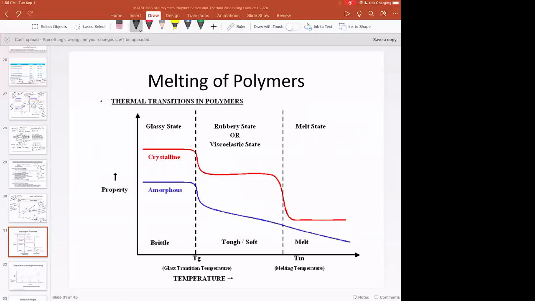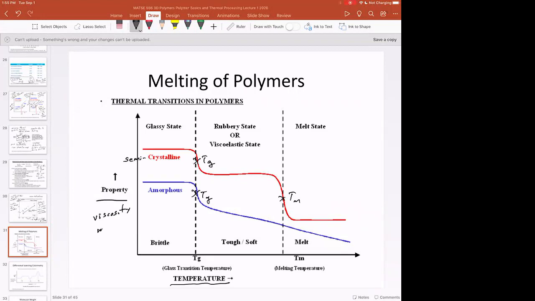So this is just a reiteration of the slide I just showed you, looking at the rheology or the behavior of the polymer as a function of temperature when we compare semicrystalline, this is not the perfect slide, versus amorphous polymers. We know amorphous polymers only have a TG, and semicrystalline polymers have both a TG and a TM. And this shows now, if we look at viscosity